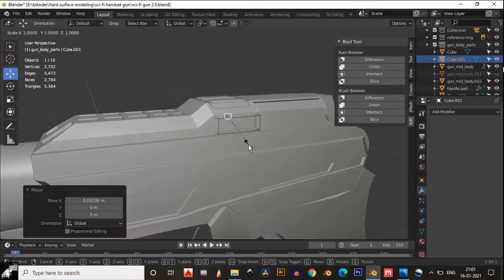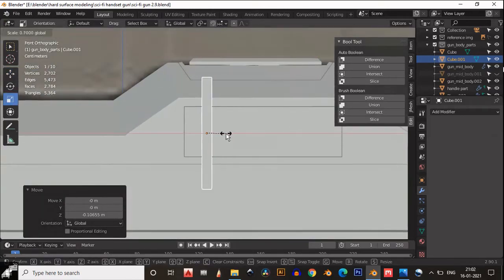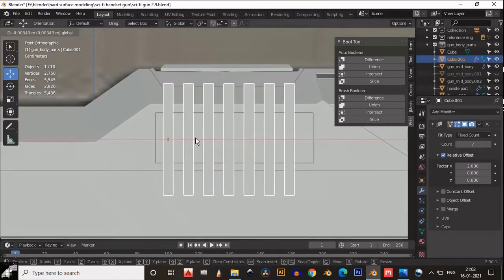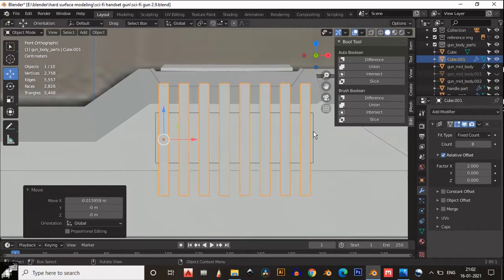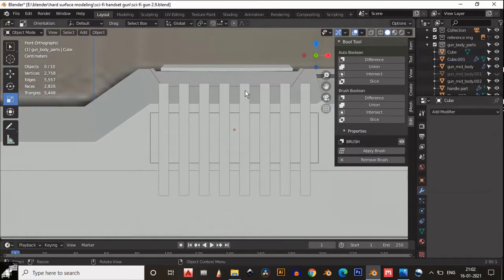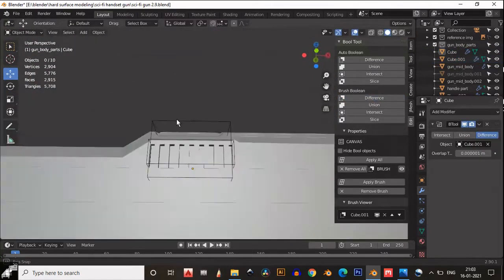Then add one more cube right there and fix it there, and you just need to scale this cube along the y-axis. Okay, because we want to create the grid kind of shape right there. And make sure this shape is larger than that last shape, and then I use the array modifier to increase its count. Okay, like this, and fix it right there, and use the boolean operation.